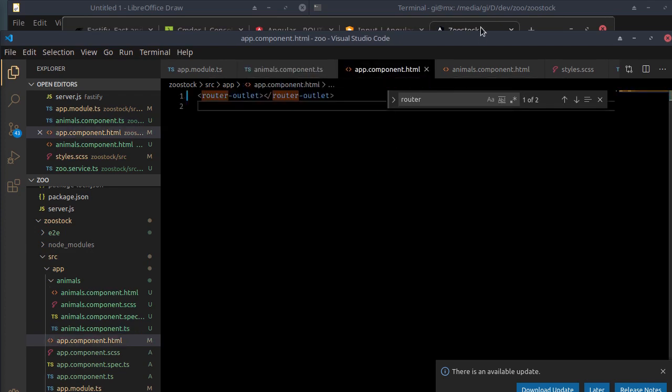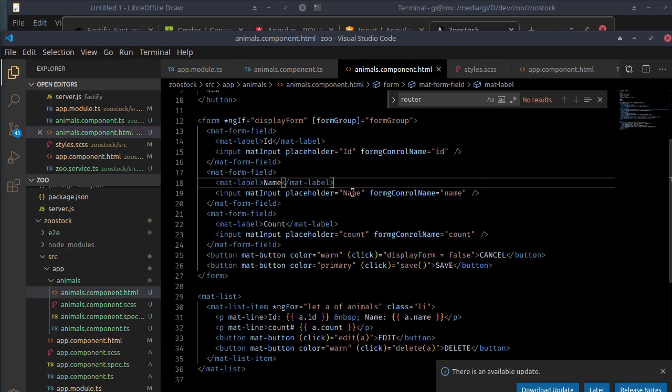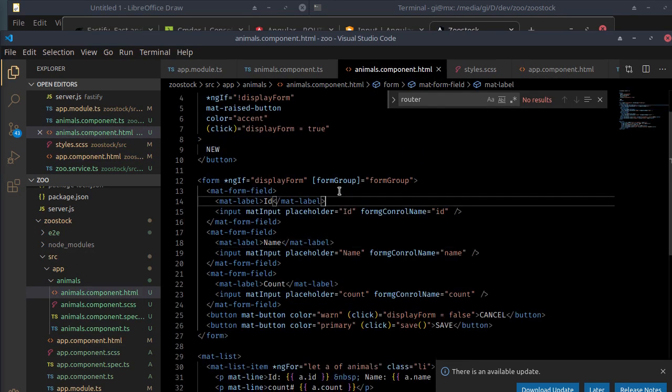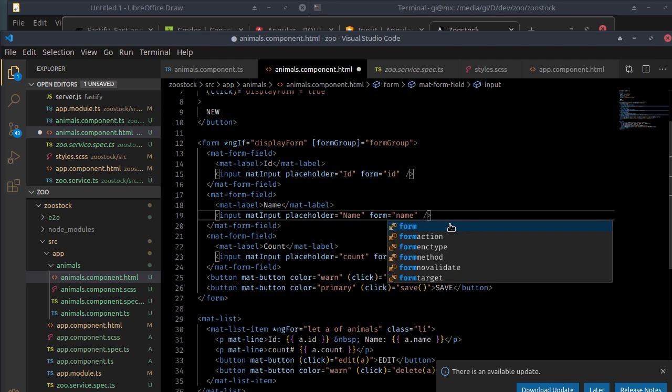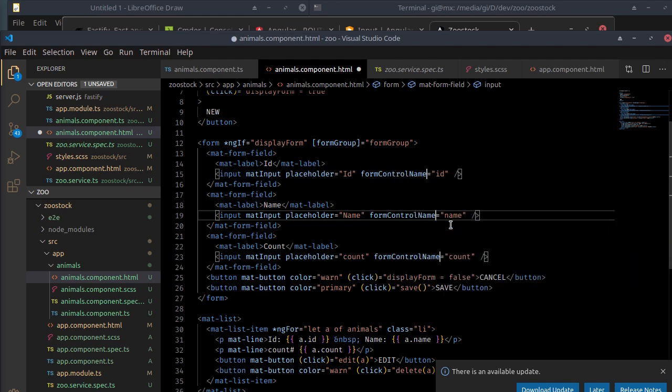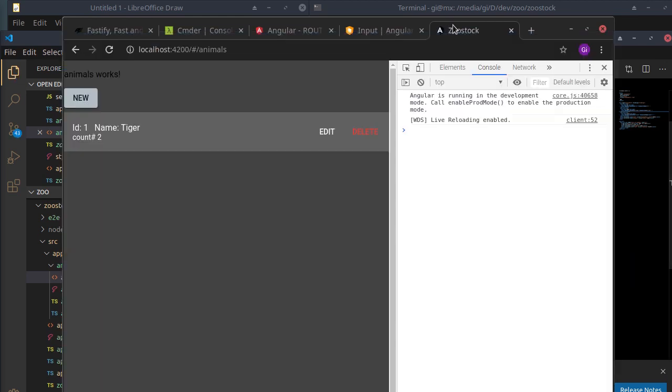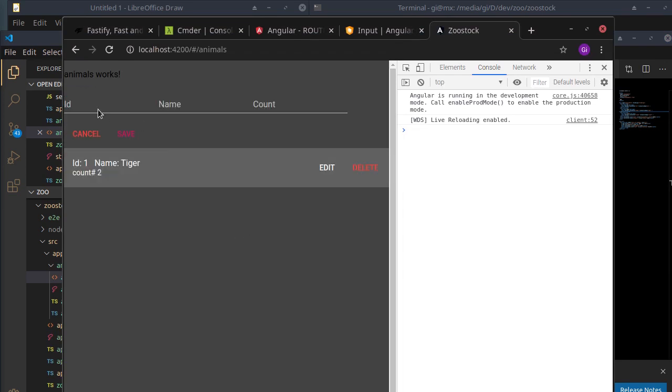So we need to look at, we have a form group here. I think there's a typo in the name, we'll just fix this typo. Cool. Now if I do new and I say 2 and I say monkey and I say 4 here,